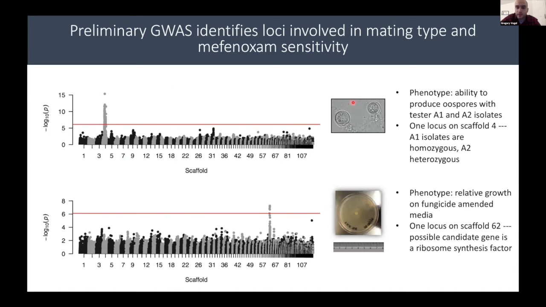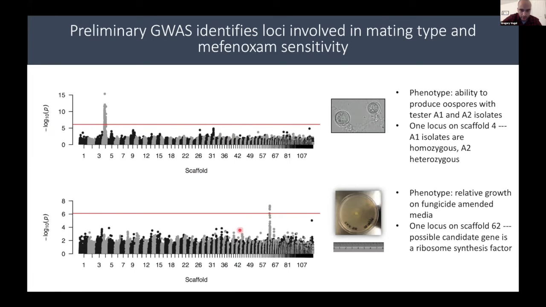So on the top, I'm showing the results for mating type. We assayed the isolates for their ability to produce oospores with either A1 or A2 isolates. And we found one region on scaffold 4 where all the A1 isolates were homozygous and all the A2 isolates were heterozygous, seeming to indicate that mating type in Phytophthora capsici is controlled in a way that is analogous to an XY sex determination system, such that we have